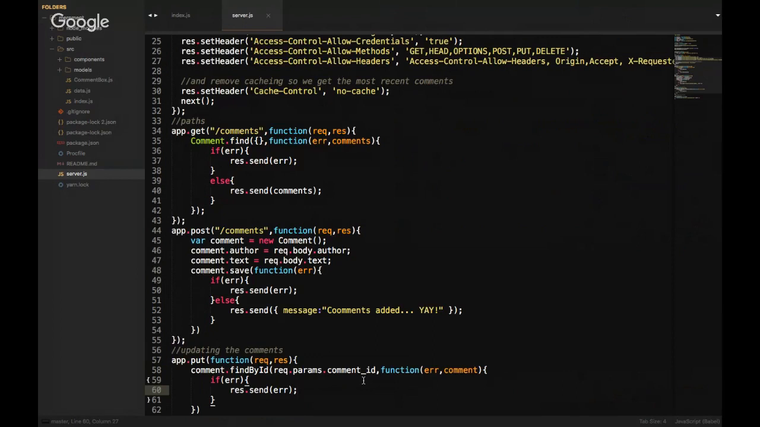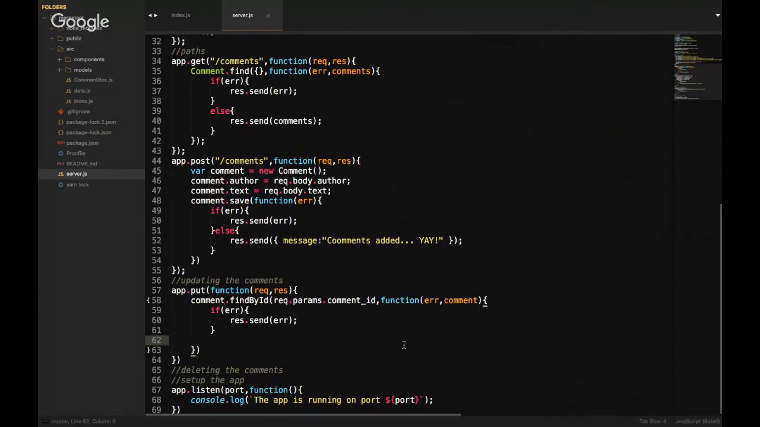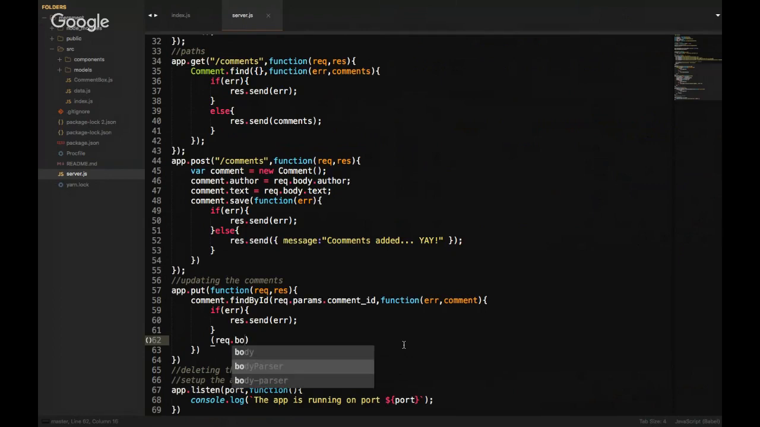But if that is not the case, if there are no errors, we are going to update it. So let's do something. Let's use ternary stuff. And we do this by if request.body.author is there, then what we're going to do is, actually what I should have done is,